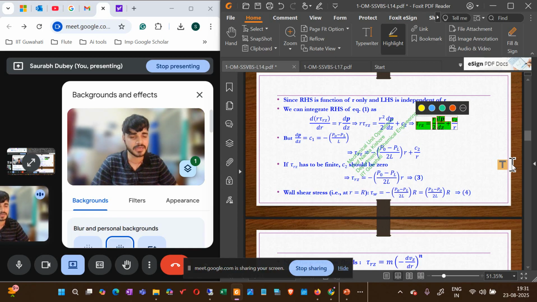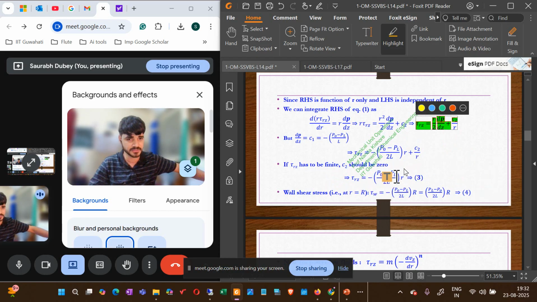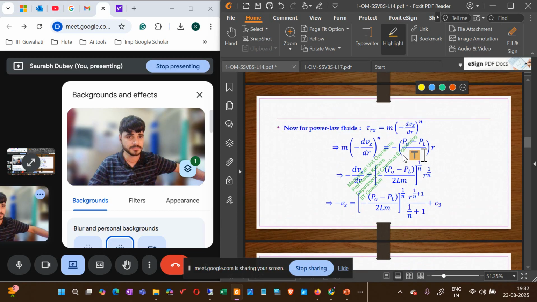And at the wall, if you calculate it, small r is changed to capital R, right? So if you actually look at this, the main thing is tau wall. You calculated tau as a function of r in terms of the initial junction pressure and the later junction pressure, the cross section pressure. So now